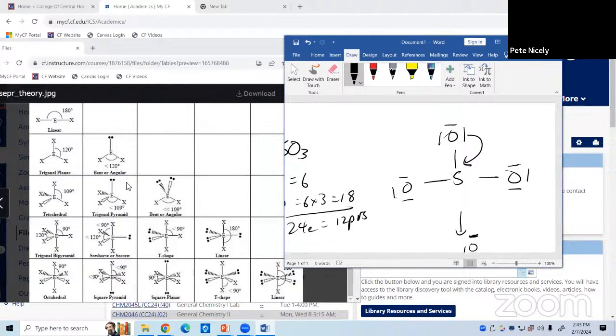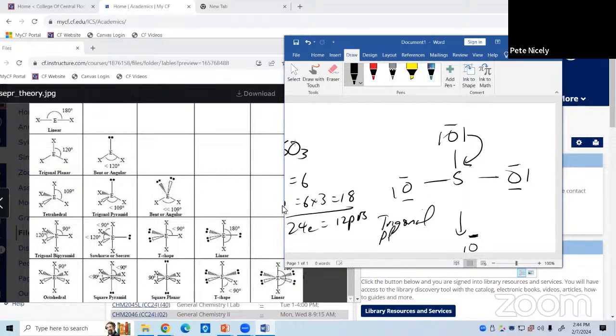Central atom bonded to 3 other atoms and no lone pairs on the central atom. Trigonal what? Planar, exactly. Which is this one right here. Central atom bonded to 3 other atoms, no lone pairs on the central atom. So therefore, the answer here is trigonal